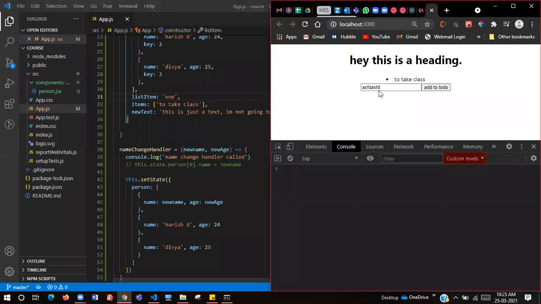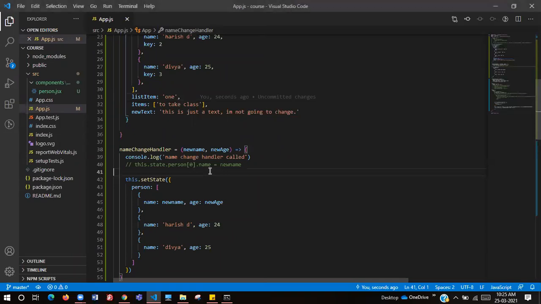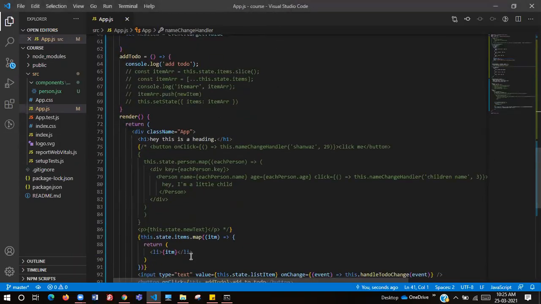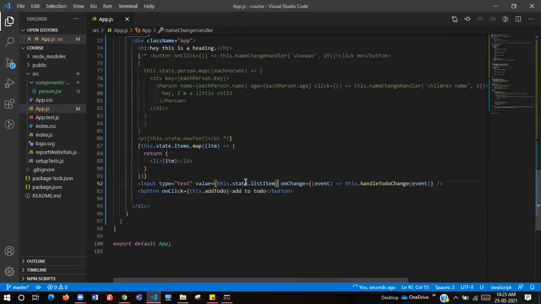So what happens, this input gets already populated with 1. Okay, so that is the value. Do you guys understand what value is? Why are we using that? This value is just the relation between the state variable and the input tag that we are using.